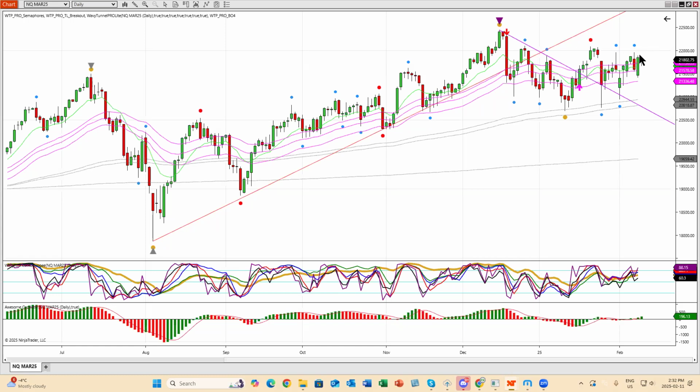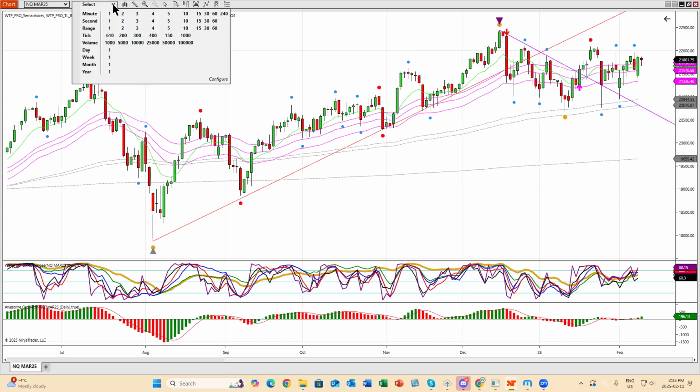We're flirting with the highs right now, and this could take a couple of days, or we can roll over and come down. We don't know at this point. But this candle is a bullish candle. There's a long tail on the downside. So my bias is that we're going to break higher. But do I know? Absolutely not.